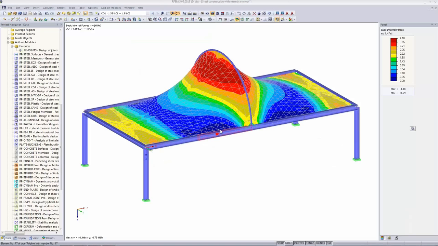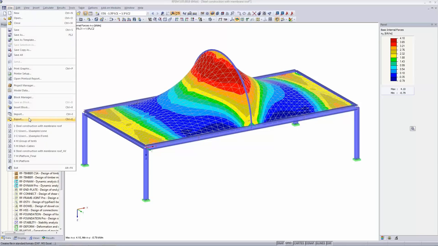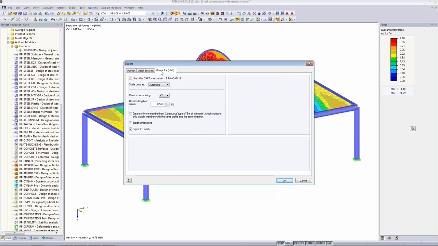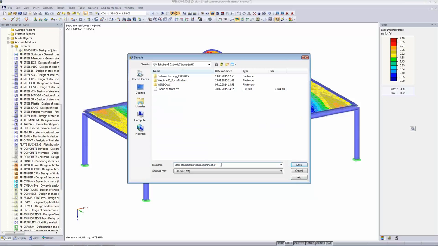And there's another nice feature. Because we always have a finite element mesh on the deformed shape, you can now also export it as a DXF file. This might be quite interesting. You can go onto export here. You have to activate this ASCII model, graphics of model into a DXF file, and then you get two more tabs here, and here it is, export mesh, finite element mesh. We can do so, and I just call it steel construction mesh,